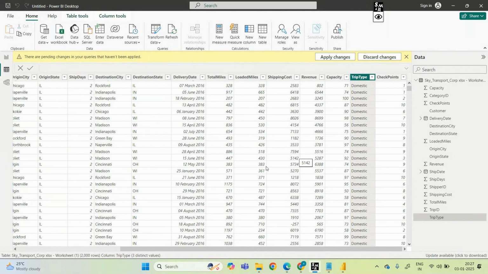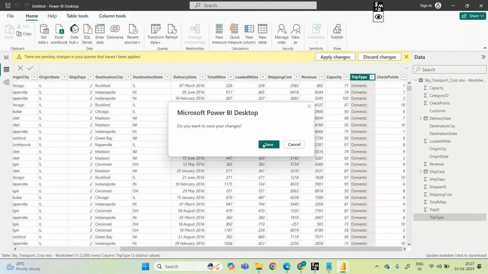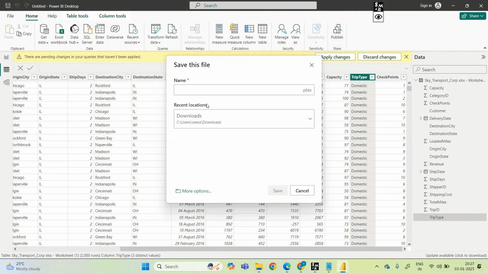After this, this is about Power BI, guys. Here we can publish. If I save this and give it a name, sample date 03 8 Jan, I'm saving this.